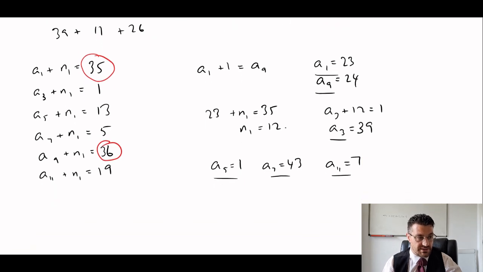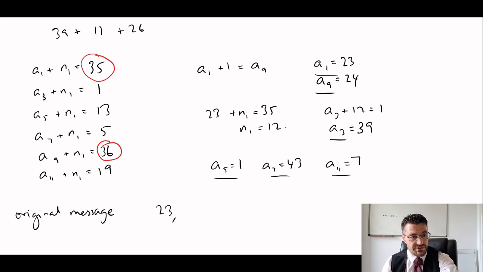The original message is A1, which is 23, A2, which is 37, A3, which is 39, A4, 45, A5, 1, 6,